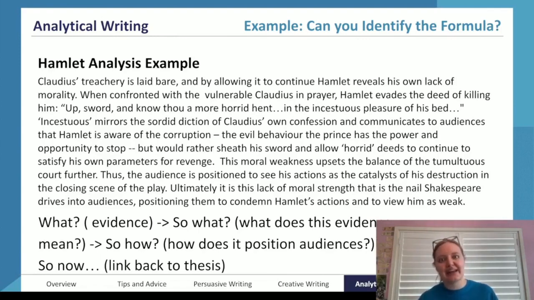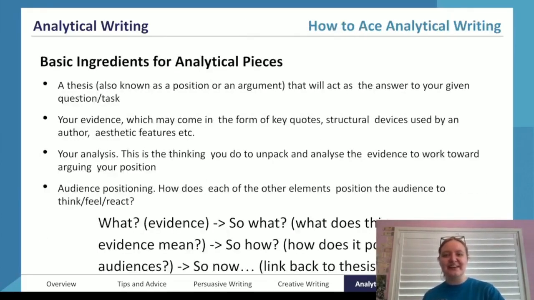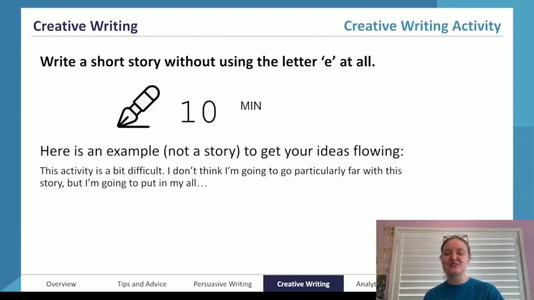And also be writing if you can. There are thousands of creative writing prompts online that are so easy to find. Toss a few of them into a random number generator and give yourself 10 or 15 minutes to just write a creative prompt. There was one earlier that we didn't get time to do, but is so fun. It's to try and write a short story without using a certain letter. So one of the hardest ones is E, trying to write a story without using the letter E. You will be shocked at how often that letter appears in everything.